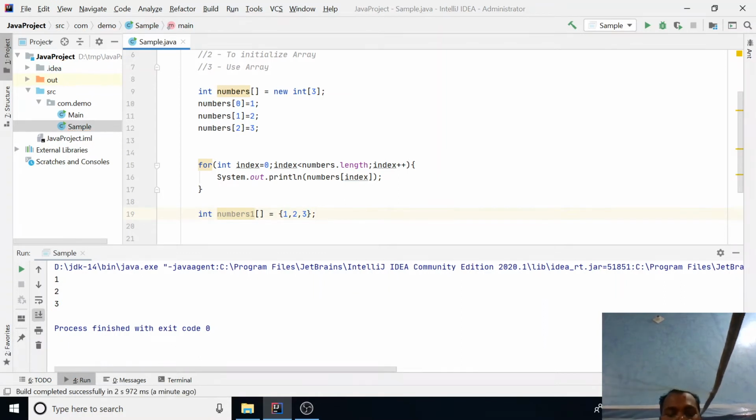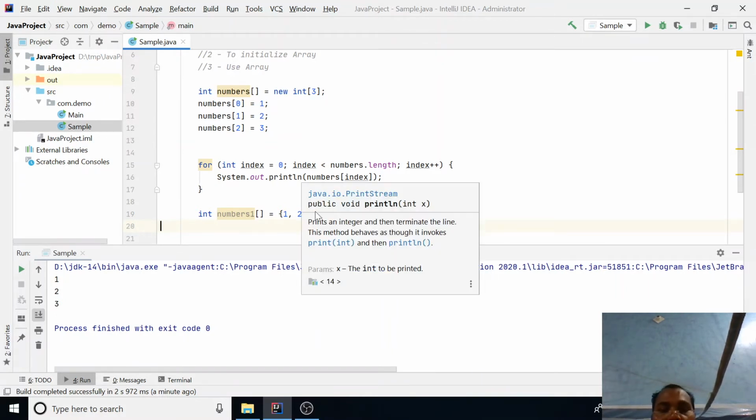So this is another way when you initially know how many elements we are going to declare.